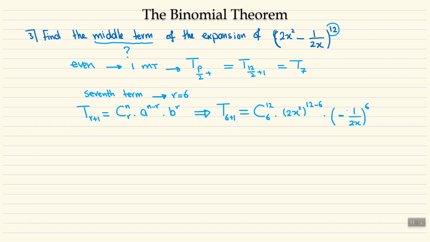Good. Now what do we do next? We have to split the numbers from the variables. How do we do this? We say t7 equals 12 combination 6, which is actually 12 permutation 6 over 6 factorial, and cannot be reduced. It will be the same answer if we reduce it. Times